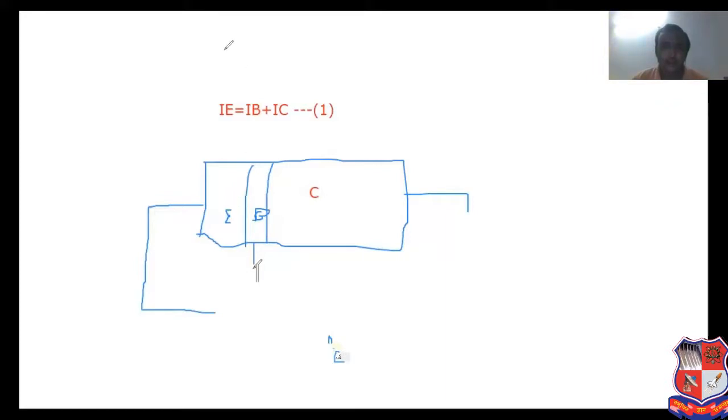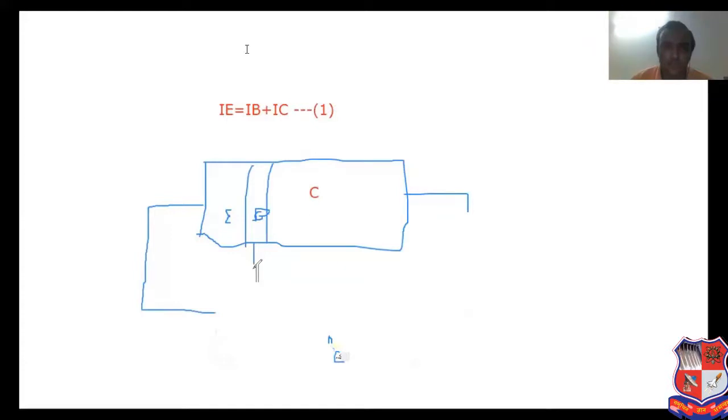Now, if you apply the reverse bias voltage, then a large amount of leakage current can flow in the circuit. In reverse bias, whatever current flows is known as leakage current. In reverse bias, current flows due to the minority charge carriers. How this is possible, I will explain here.